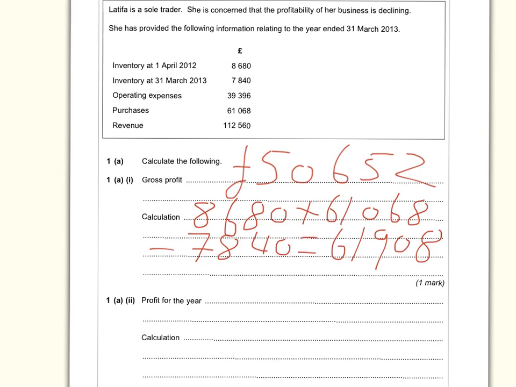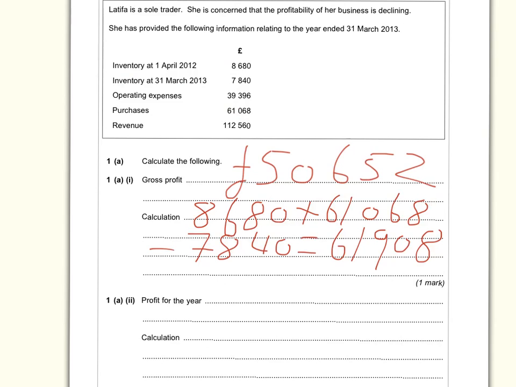Moving on to question 1A part 2, now that we have calculated the gross profit, this will enable us to calculate the profit for the year. To calculate the profit for the year, all we need to do is take the gross profit figure from question 1A part 1, which was 50,652, and deduct all the operating expenses, which is